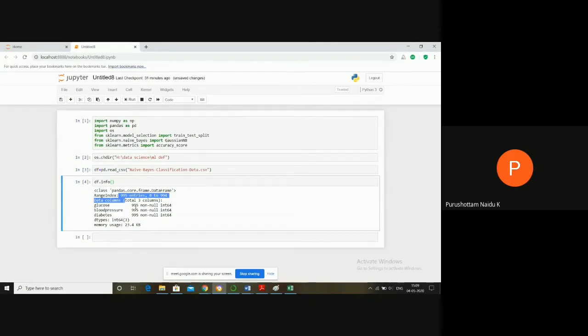Then we use some missing value techniques: either replace missing values by the mean of the glucose or the median of the glucose. That's why you use df.info. We have a total of 995 records, and the values for glucose, blood pressure and diabetes are all 995. That means there are no missing values in our data set. Clear? So once we identify whether the data set has missing values or not,